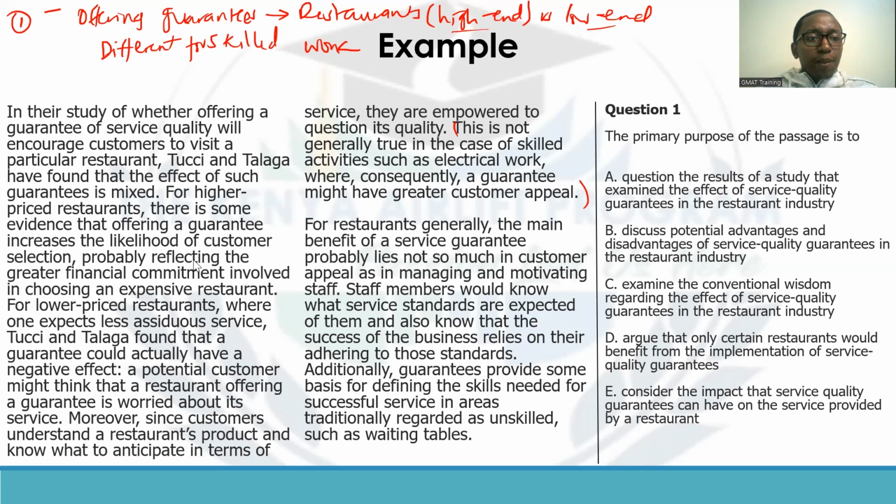And then the second paragraph: for restaurants generally, the main benefit of a service guarantee probably lies not so much in customer appeal as in managing and motivating staff. So the staff would know what service standards are expected of them and know that the success of the business relies on adherence to those standards. Additionally, guarantees provide some basis for defining the skills needed for successful service in areas traditionally regarded as unskilled, such as